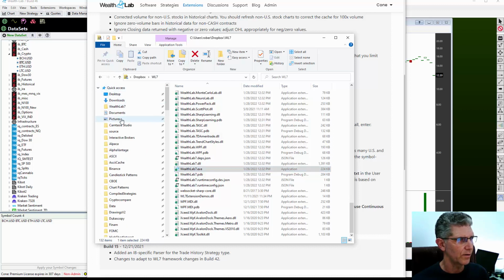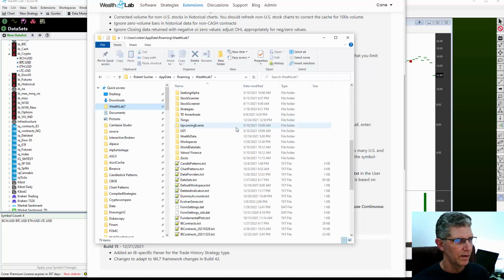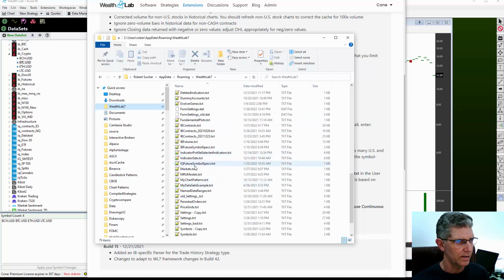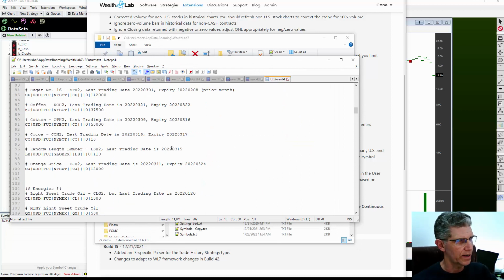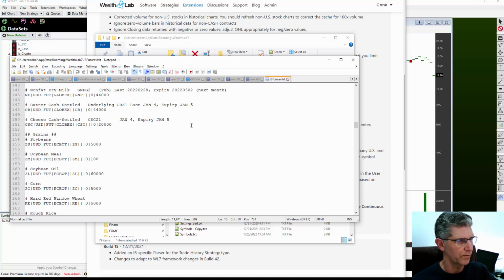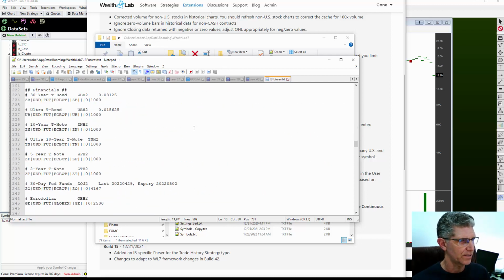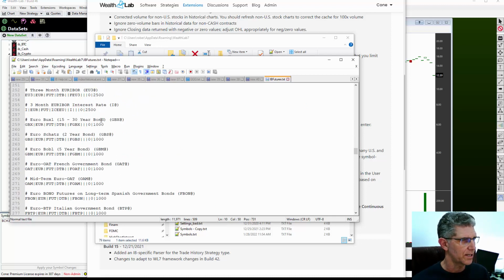Quick access to my Wealth Lab 7 folder. Okay, and IBFutures.txt. So what we've done is we've created this text file that has the specifications. Actually, there's a lot of extra information in the one that I have here that doesn't really apply, but essentially,